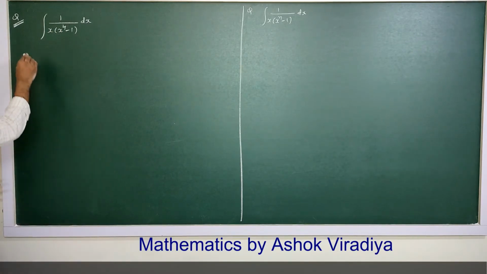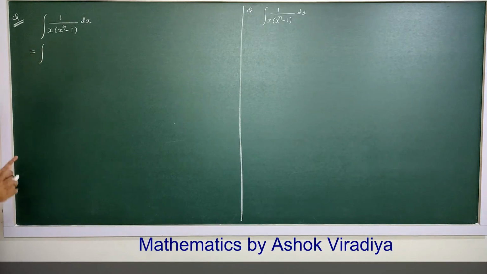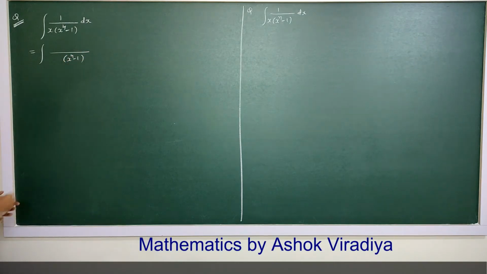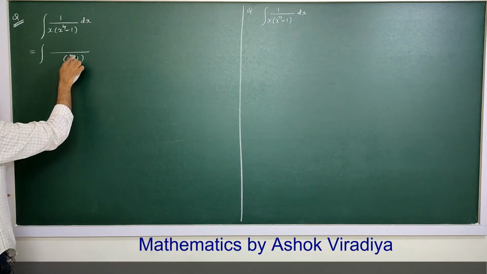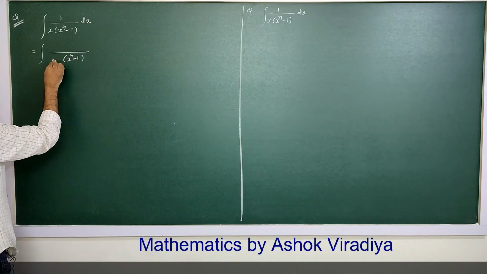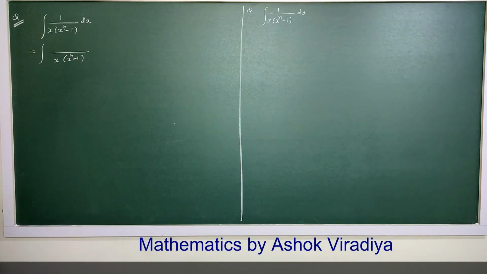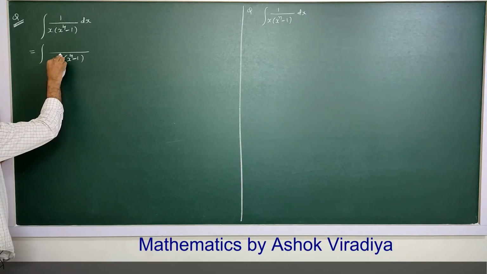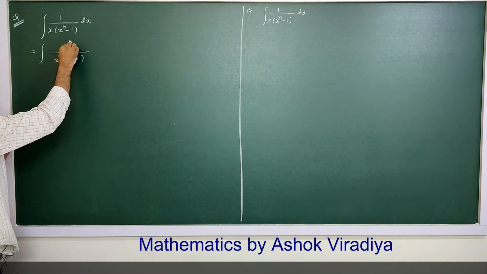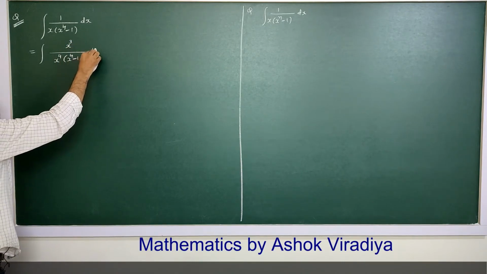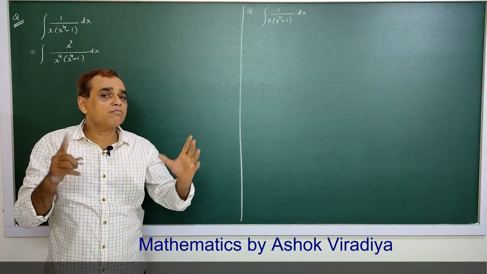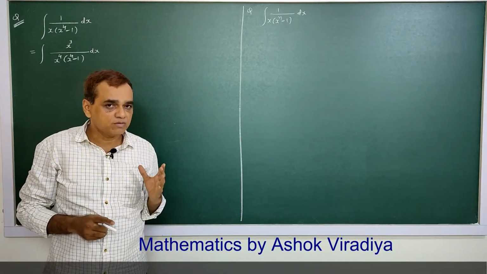So to integrate this function, what we do here, this is x raised to 4 minus 1. Here it is x. So what we do, I multiply this by x cube. Multiplying by x cube, x into x cube is x raised to 4, and the numerator is also multiplied by x cube. So numerator and denominator both are multiplied by x cube.